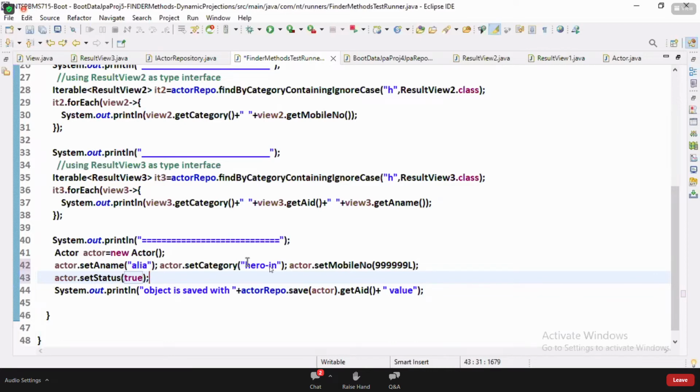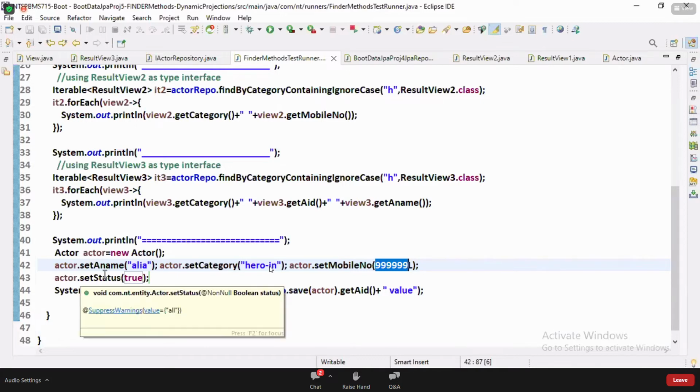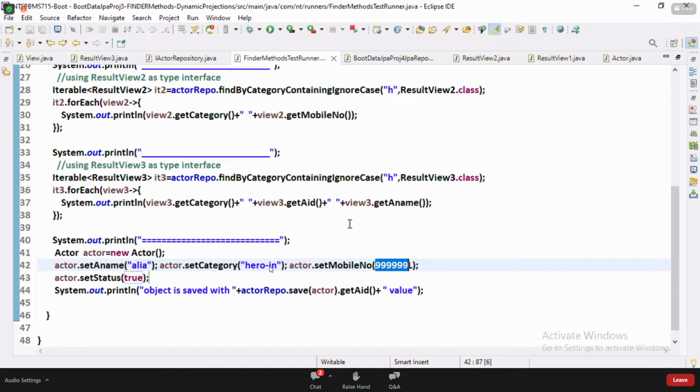Getting my point, guys? This is Alia, this is heroine. I involved all properties, but which will not participate in persistence operation? Here it is true and false only. At database level it is 0 and 1, because Oracle does not have a Boolean data type. At Java level, true and false only; at database level, Boolean values are taken as 0 and 1.